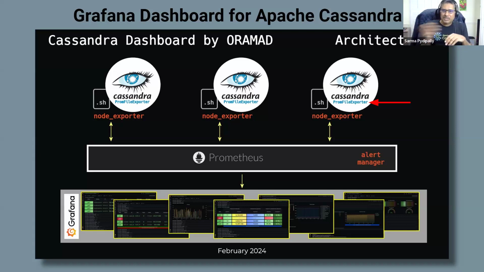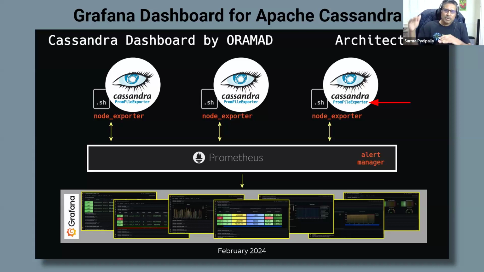And as I mentioned earlier, you can have the alert manager at Prometheus server level, which will also have full observability to what metrics are coming in. And based on certain rules, you can send out alerts. Let's say, for example, it detects that your Cassandra node is down. One of the nodes is down. It looks at the status. It says, hey, I have a rule here which says I have to send an email or a page to some team so they can take an action on that node.